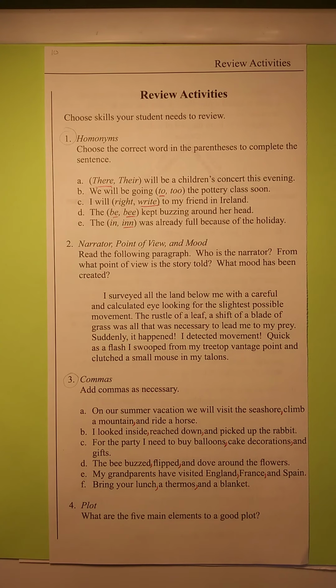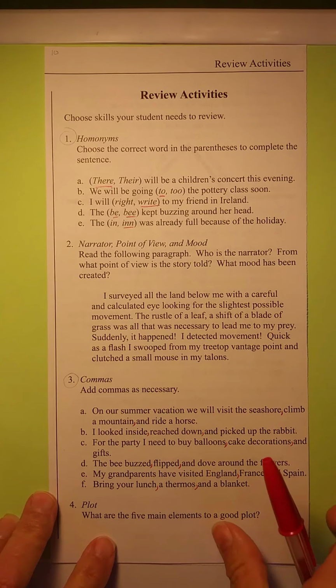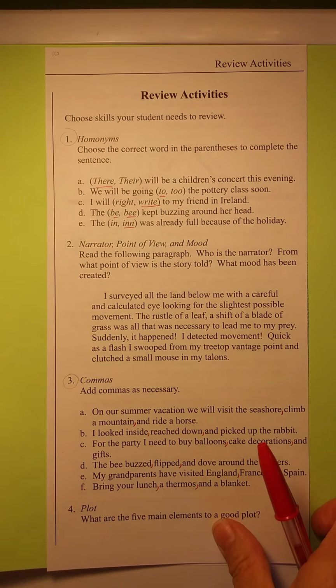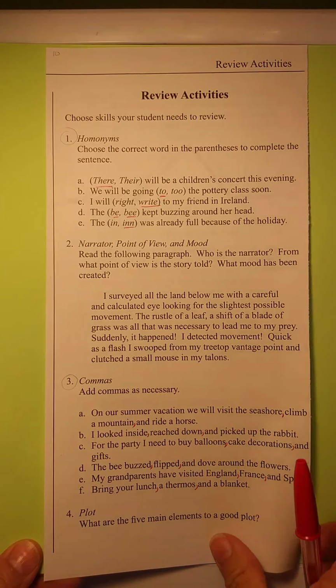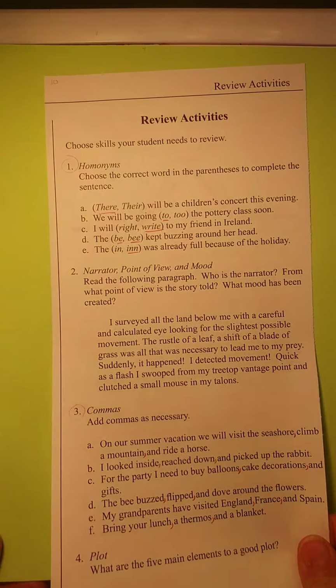The last question on this was, what are the 5 elements of a good plot? Okay, and we're going to be talking about this more in a little bit with our story chart, but they are the opening, the rising action, the climax, the falling action, otherwise known as the denouement, and the end is the conclusion. All right. So I hope you understand all those. Now we're going to go on to the review activities for lesson 11, but before we do that,